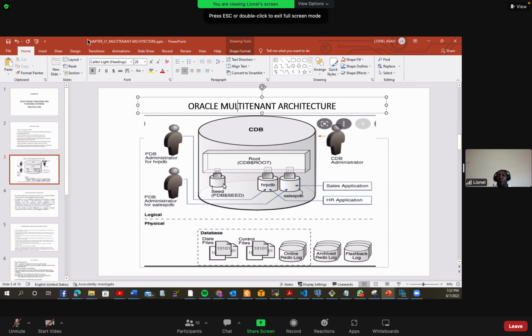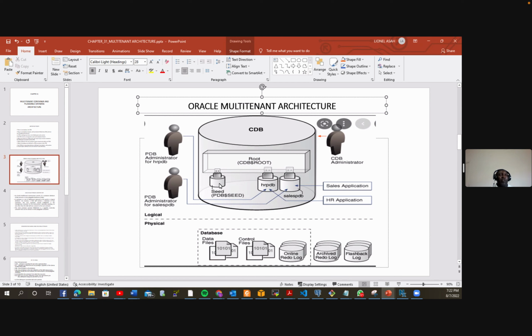So it's the seed we can use just now to create other databases that are attached to this container database. Or we can even create other databases from this seed and attach it to another container database. Then we have a CDB, container database administrator,